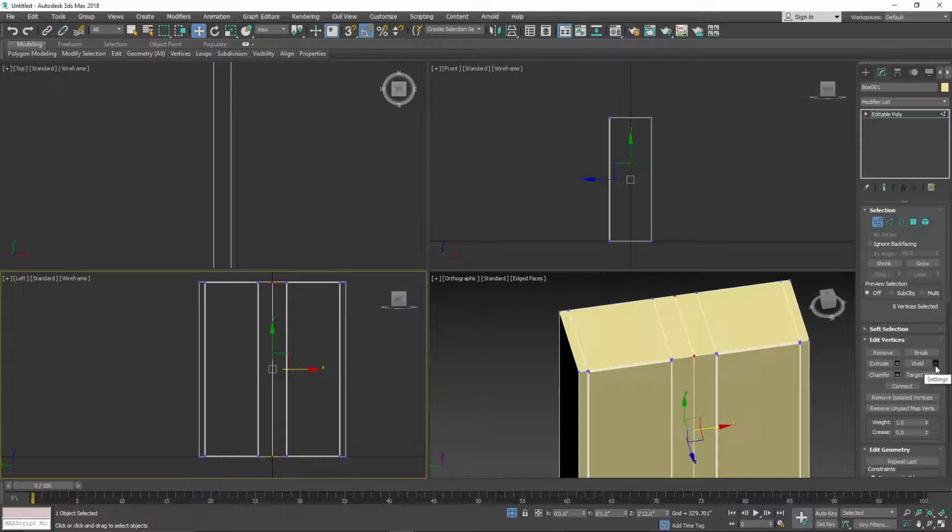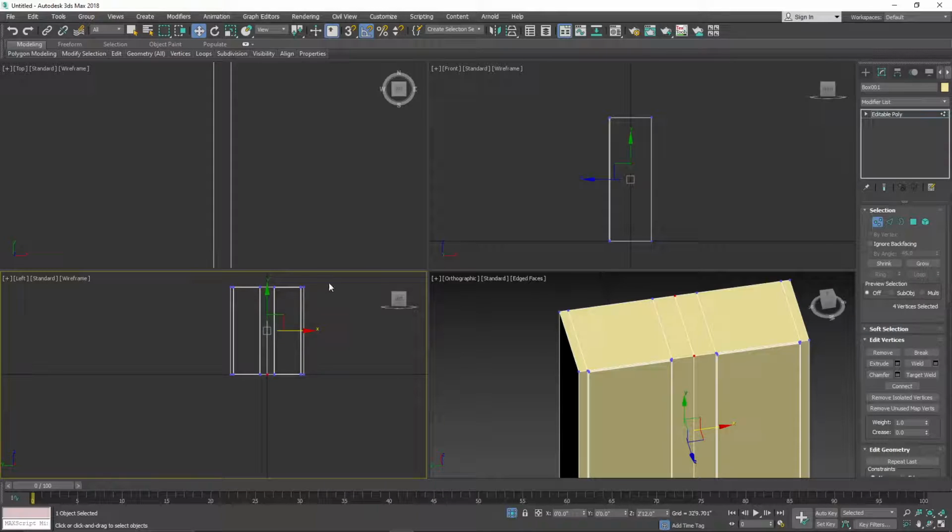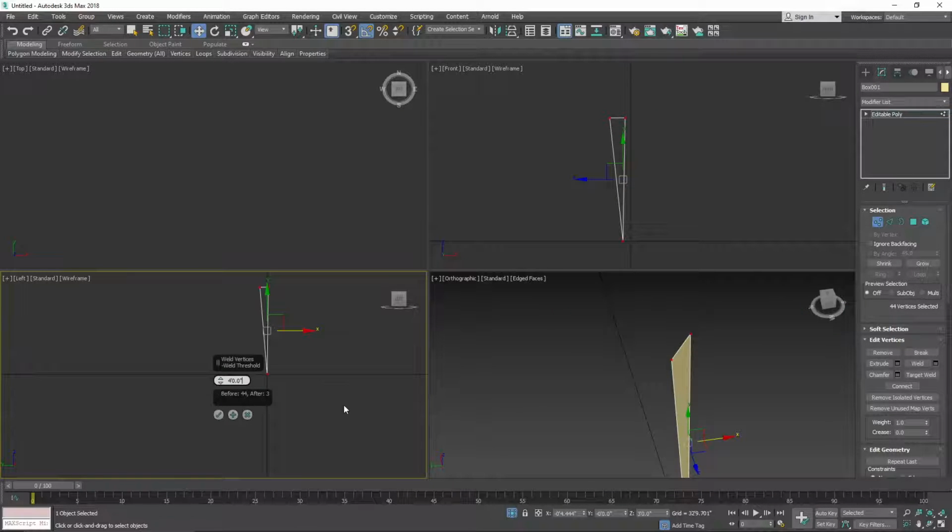Going to select them. Go to the weld thing here, settings, and set that down to 0.001 inch. That's the threshold. So say that the vertices that you select are, I'll show you. So if I select this and I weld it and I put everything at 4 feet, that's what happens, because it says anything within a 4-foot radius of this, it's just going to attach itself. So what you do is you turn that down as low as it'll go, which should be 3 decimal places,